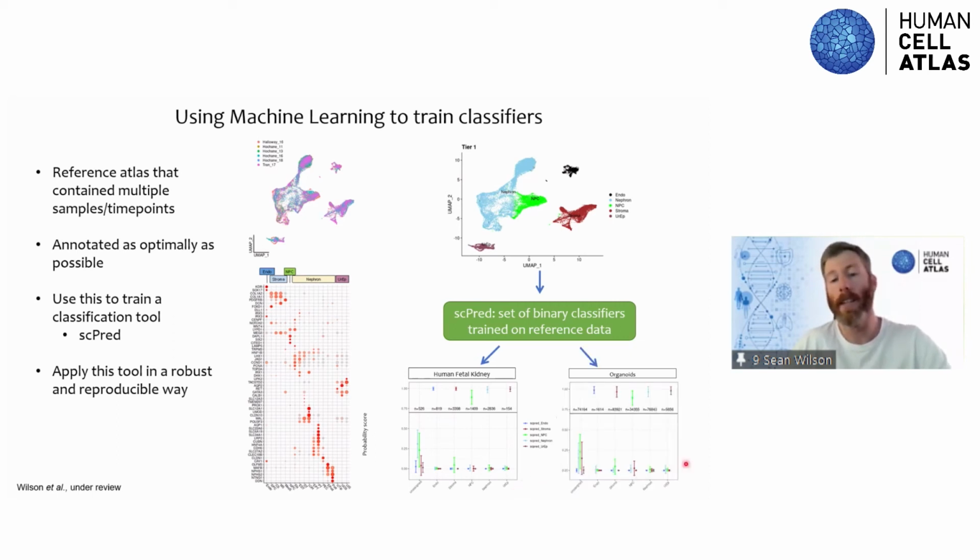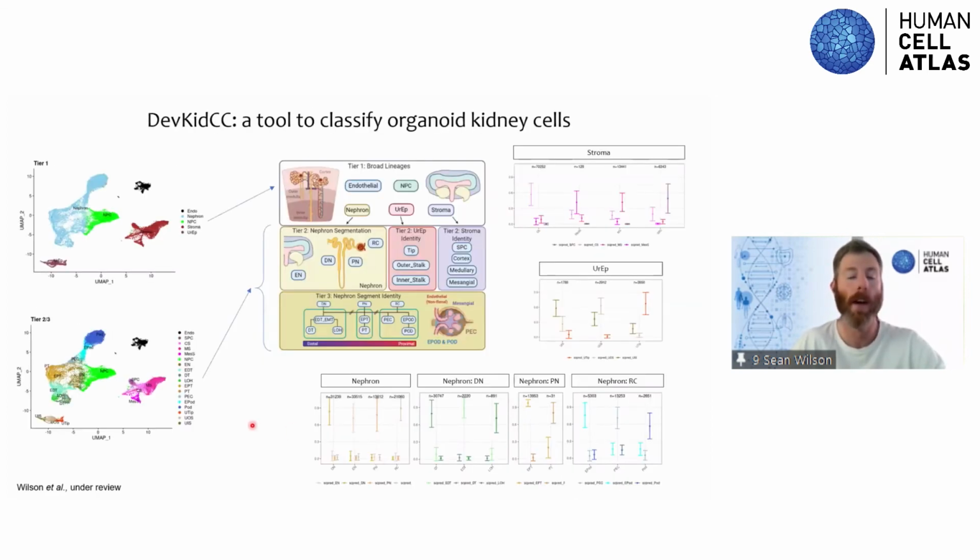And then when we transferred that to the existing field of organoids, of which there are, I think, around 300,000 cells across maybe 60 individual organoid samples, it performed similarly well. Of course, there was a greater distribution of some of these probability scores because it's an organoid in vitro system. But we were impressed enough that we looked to generate more specific models of the lineages within the kidney, so the nephron, the collecting duct, and the stroma, with further models that would identify more specific cellular identity within our kidney organoids. And we pulled this all together into a hierarchy of models,